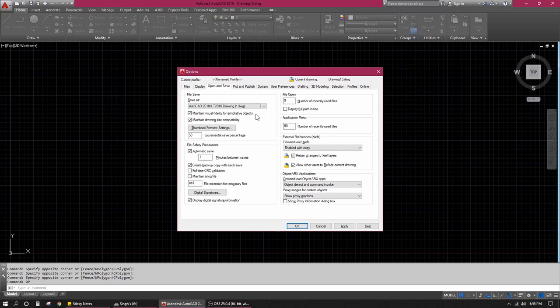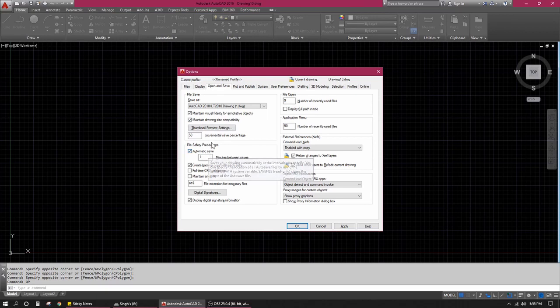For that to not happen, we need to save our files in a lower version. It does not hamper any sort of functionality, it does zero damage to the file, it only saves it in a lower version, right? So that if we save it in a lower version, they will be for sure able to open it, and then tomorrow no one can say to you that, ma'am, the file you sent is in a higher version. So I go and save it in AutoCAD 2010,